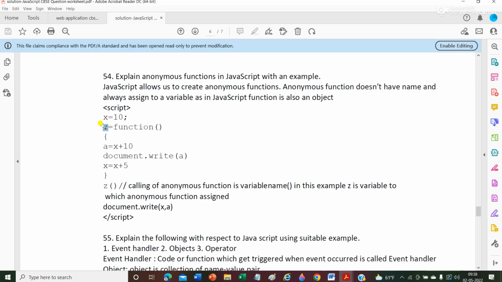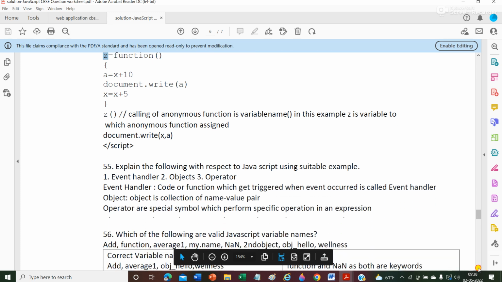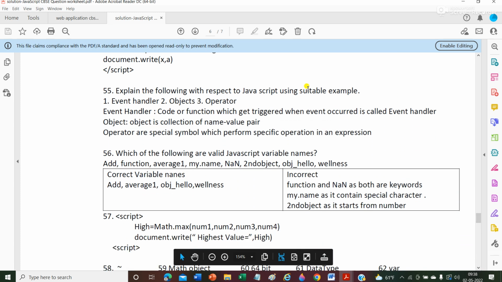अगर मैंने एक फंक्शन को कोई नाम नहीं दिया है, it is an anonymous function. Anonymous मतलब उसका कोई नाम ही नहीं है, stranger है वो. Okay, and I will definitely pass this function to a variable, that is z. Okay, now next we have: explain the following with respect to JavaScript using suitable examples: event handlers, objects and